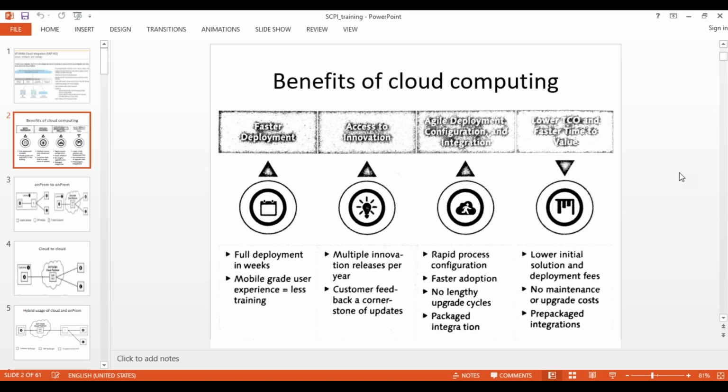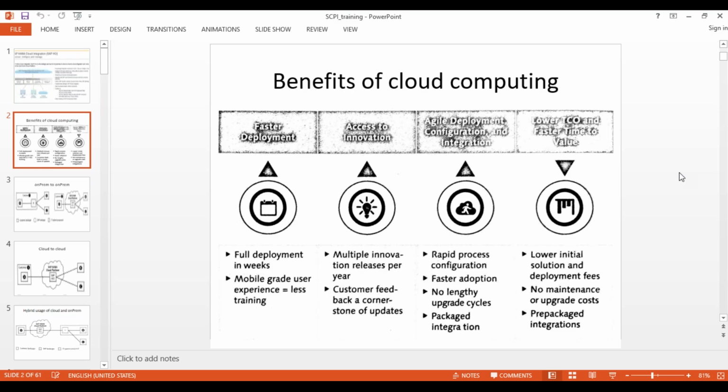Also, this software works from any device. If you remember, earlier, if you wanted to connect to the SAP system, you had to log in through SAP GUI only, right? Otherwise you couldn't connect. But here it is running on HTML5 pages, so you can access the system from any device, be it a laptop, mobile, any device you can connect. So that is called faster deployment.